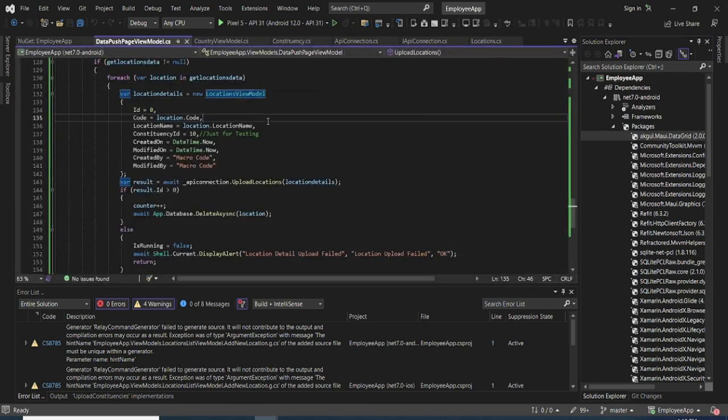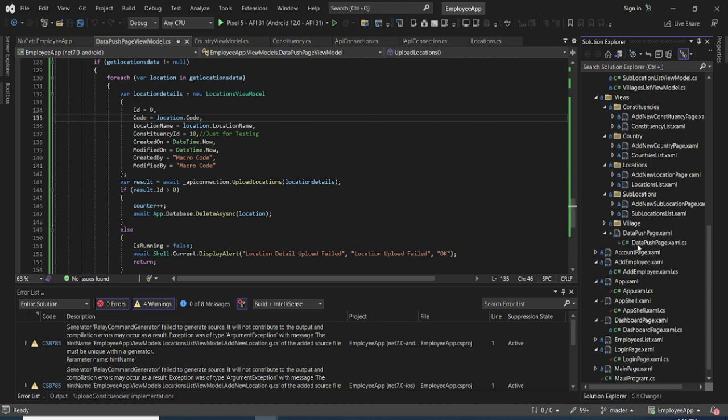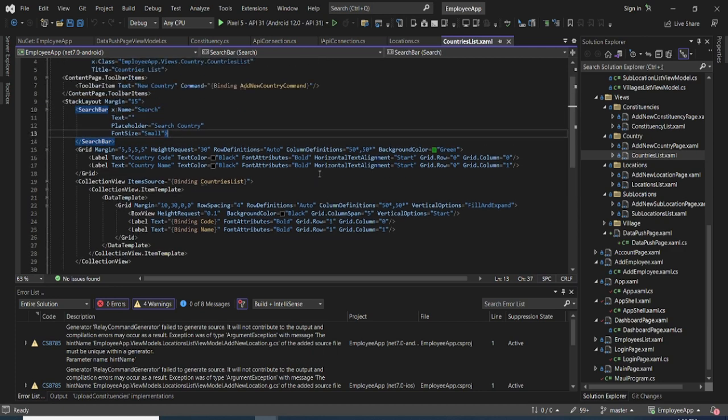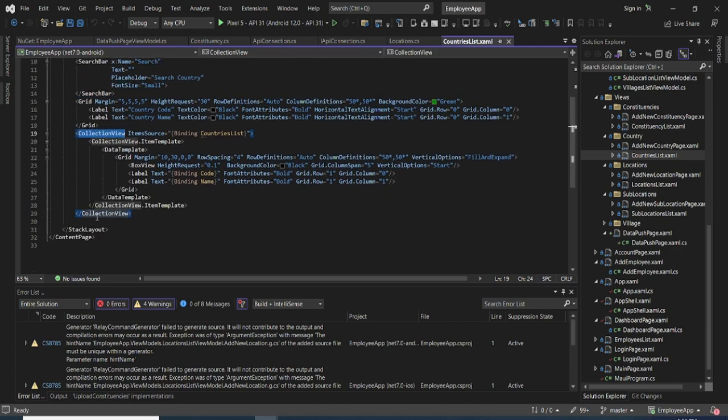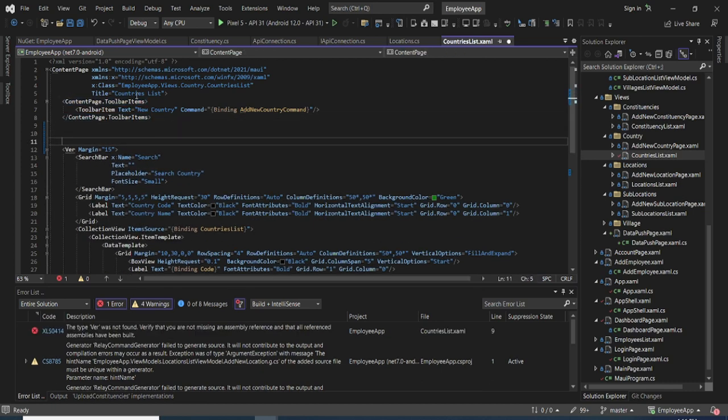After we have done that, let's go to our XAML, that is the countries list. As you can see, we are using a collection view. This is our collection view, but I want us to change something. At the top here, I want us to create a